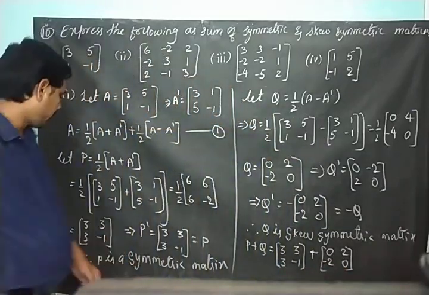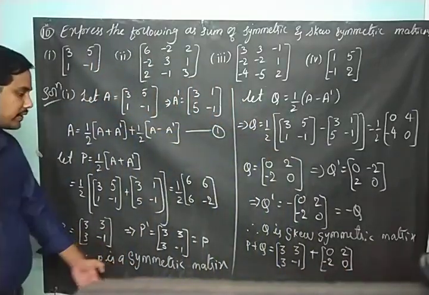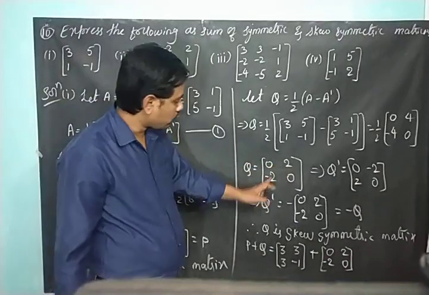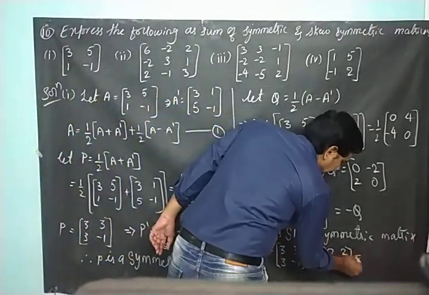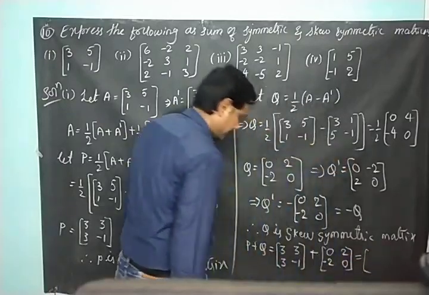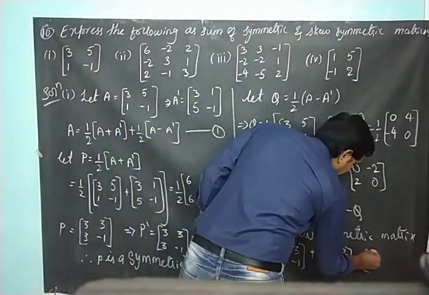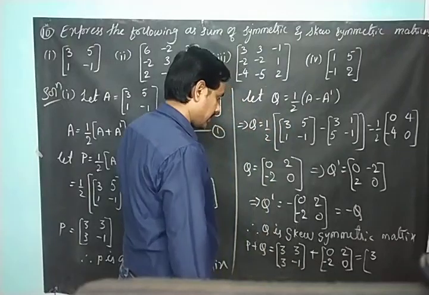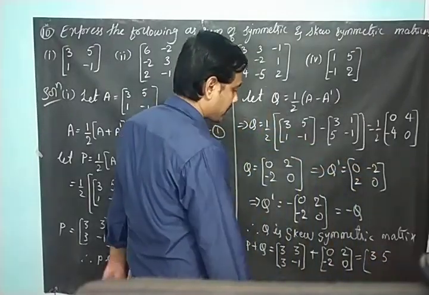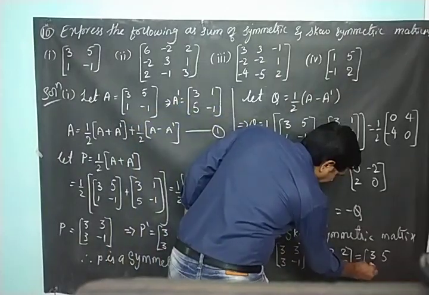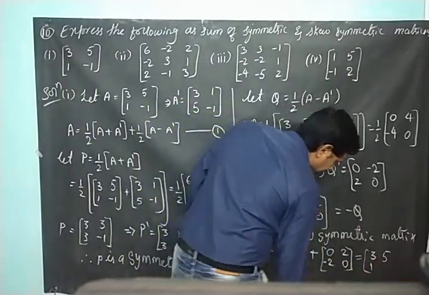So P is 3, 3, 3, minus 1, and Q is 0, 2, minus 2, 0. So if I add them, what will I get? 3 plus 0, 3, and 3 plus 2, 5, then 3 minus 2, that is 1, and minus 1 plus 0,